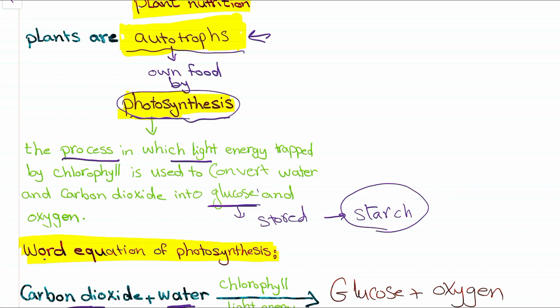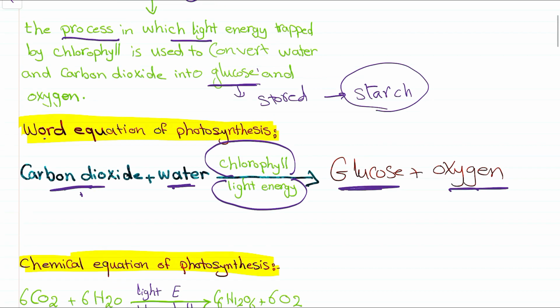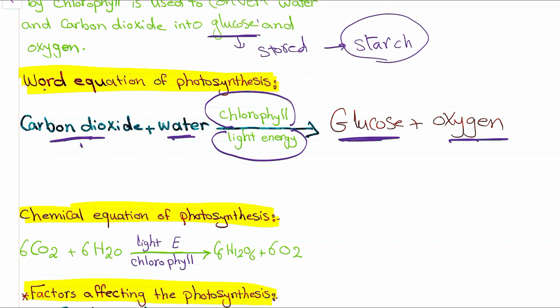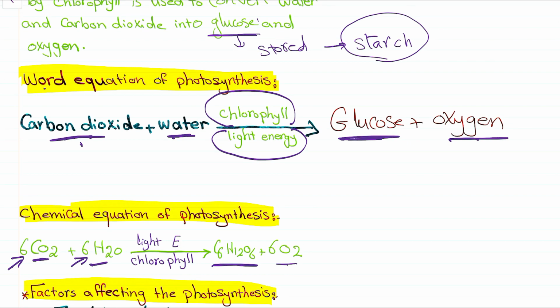In photosynthesis, we should know 2 points: the word equation and the chemical equation. First, the word equation: carbon dioxide plus water, in presence of chlorophyll and light energy, converted into glucose and oxygen. How can we translate this chemically? By 6 molecules of carbon dioxide, 6 molecules of water, in presence of light energy and chlorophyll, to give glucose C6H12O6 plus 6O2. Here, according to the equation, we have